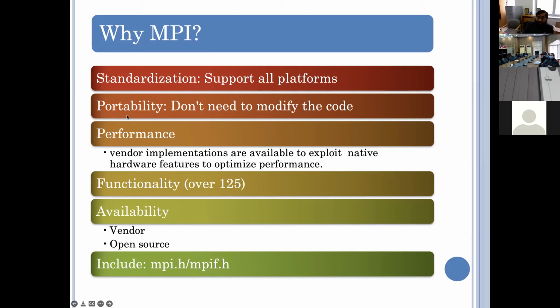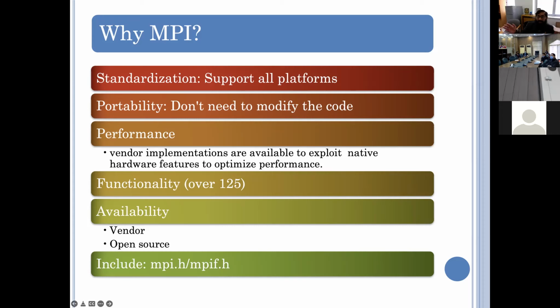If you have written the code in standard C, that will run on your Mac PC, even run on your Linux machine, your Windows machine. You don't need to do anything. And for the scalability, this is another major advantage of MPI. We are doing the communication based upon process IDs, not the IP addresses. So you can scale it.